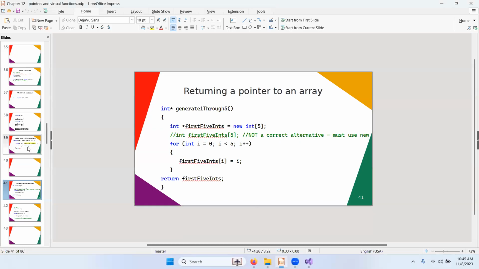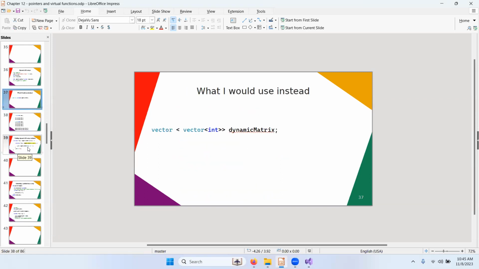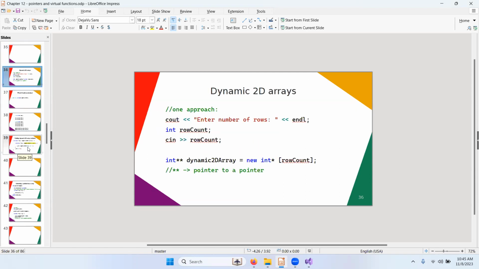Okay, so the last thing I talked about in the first video was dynamic matrices, and I mentioned how you can use pointers to pointers, a pointer to an array of pointers. This is what we might call the old school approach, and there's some danger and tedium with using this approach because of the use of the new operator. If you don't want to permit memory leaks, you have to use the delete operator, and using the delete operator with pointers to pointers can be especially tedious,